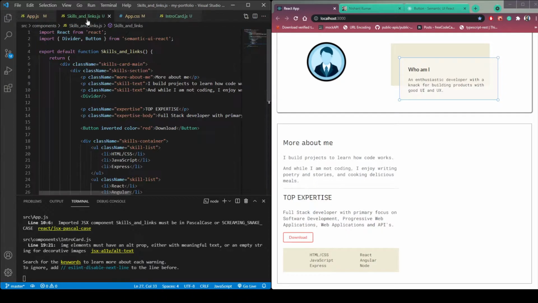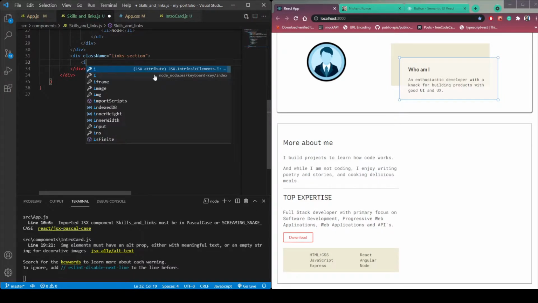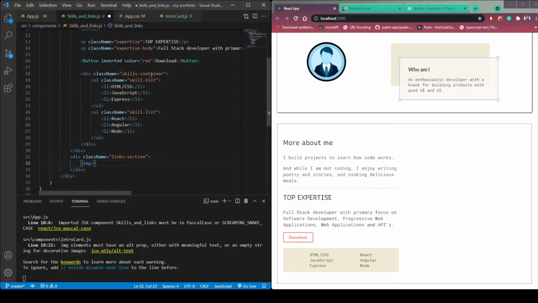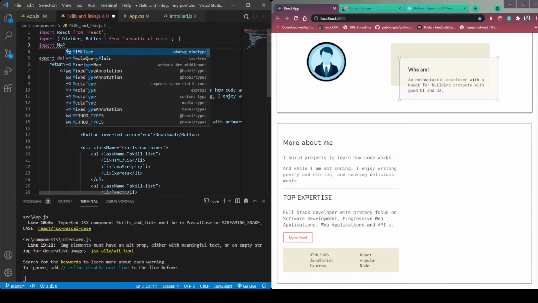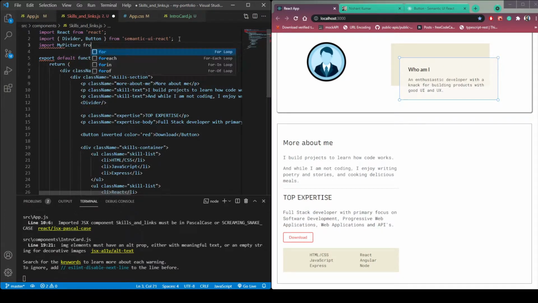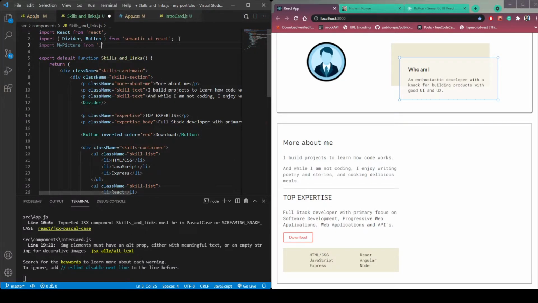Now let's add our image. So let's use the image tag in this link section class name. So img tag, but we need to import the image first. So import, let's say my picture from the assets folder.